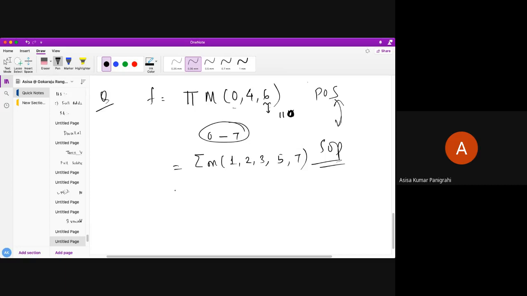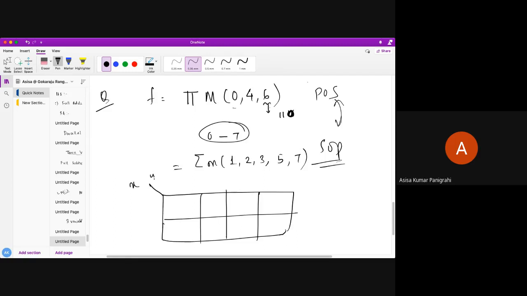Okay, so now again it's a 3 variable function. I just have to construct a 3 variable KMap. Since the variables are not given, I can take x, y, z. This is my y bar z bar, y bar z, y z and y z bar. This is my x bar and x. So these are the place values: 0, 1, 2, 3, 4, 5, 6 and 7. So I can put the values over there. 1, then 2 is present, yes, 3 is present, 5 is present and 7 is present. Anything else present? No. So I put those values as 0.